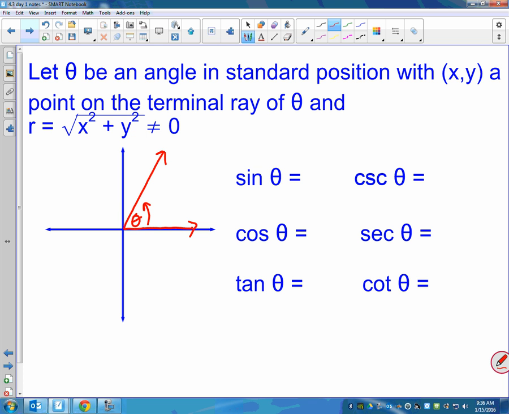Instead of thinking of it as opposite and hypotenuse and adjacent, we can relate this to the ordered pair that would be on this ray. So it says theta is an angle in standard position with some point (x, y) on the terminal ray. On my terminal ray, I'm just going to make a point and call it (x, y). And we can write out all of our trig functions using x and y instead of just using opposite over hypotenuse. So just think about if I connected this point down, if I drew in a little dotted line,